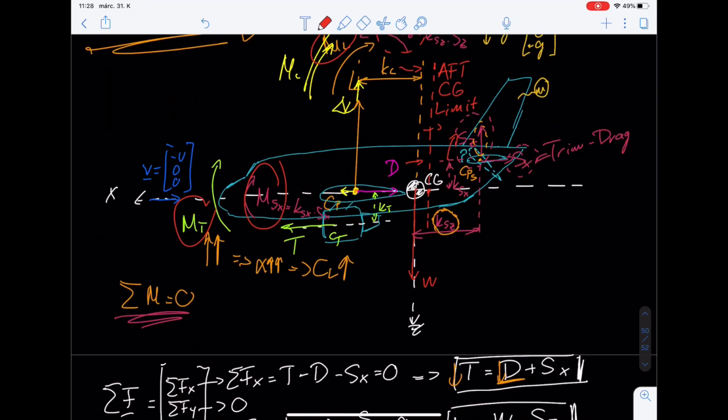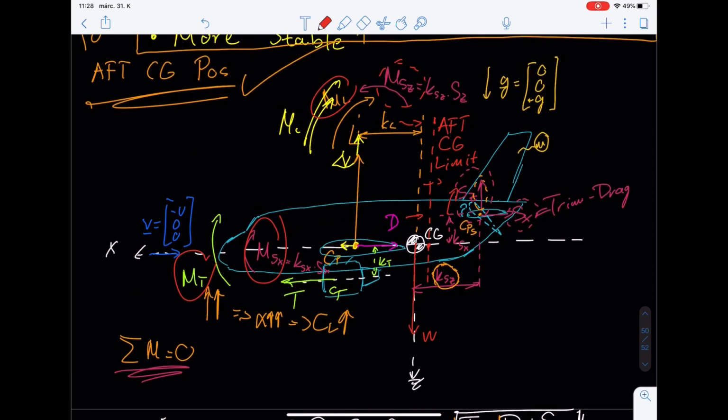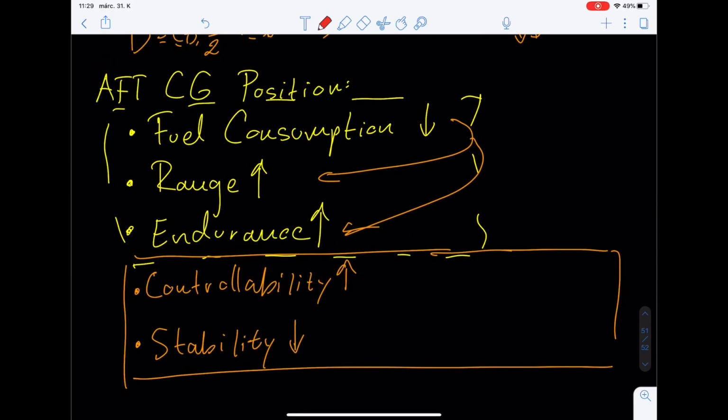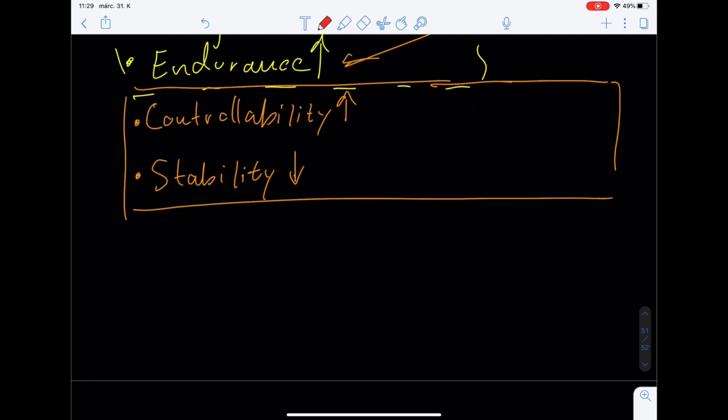It's also going to be a forward CG limit. So there is an aft CG limit within which we have to keep the center of gravity. So how we can achieve an aft CG position is with the loading of the aircraft, basically. Loading of aircraft, meaning where you put, so how much